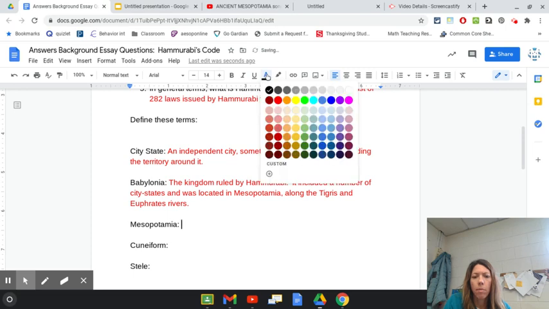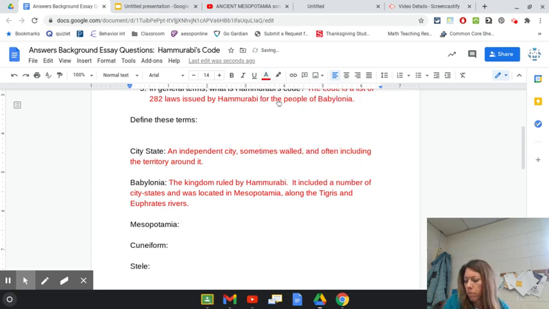Okay, moving on to Mesopotamia. Mesopotamia is more of a region. We've talked about that over the last few weeks. That Mesopotamia is a region in the Middle East that included,